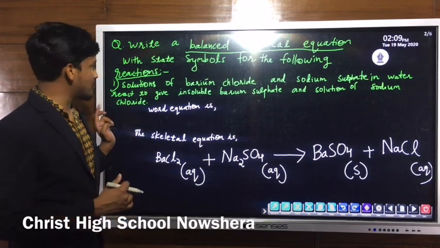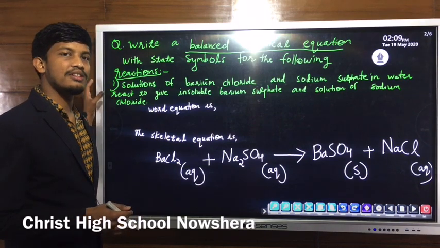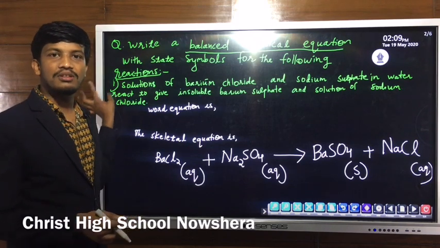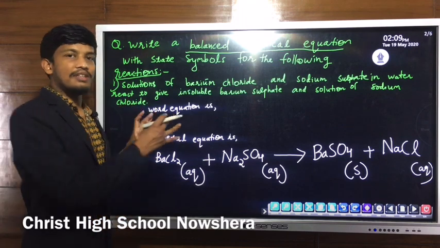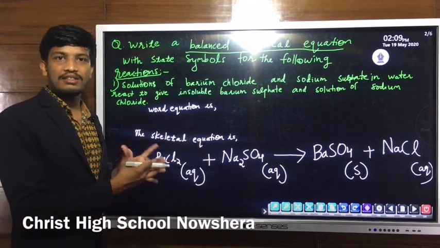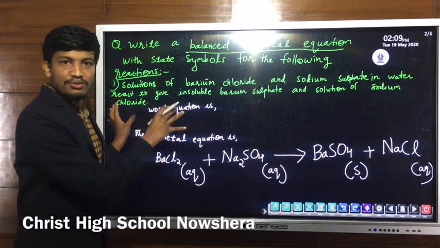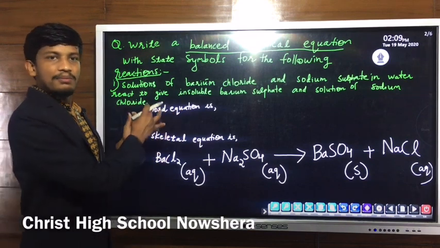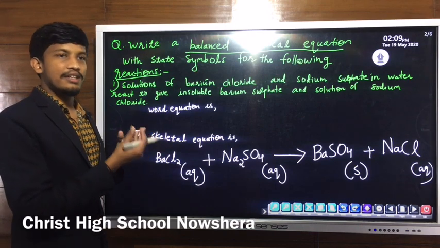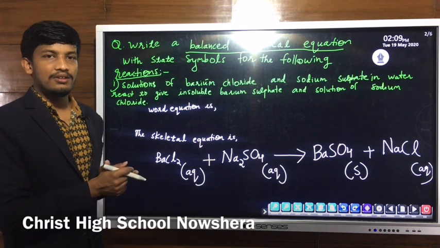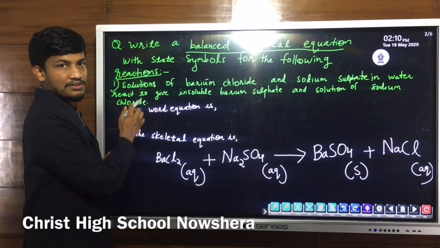But today this is a different question. In this case we have the chemical reaction statement given, and we have to change this statement into the form of a balanced chemical equation. In the previous question we already had the chemical formula, then we just balanced it. But today in this question we don't know the chemical formula of reactants and products, because we only have the reaction statement. From the statement we have to get the balanced chemical equation. So we can write the question. This is the first reaction.